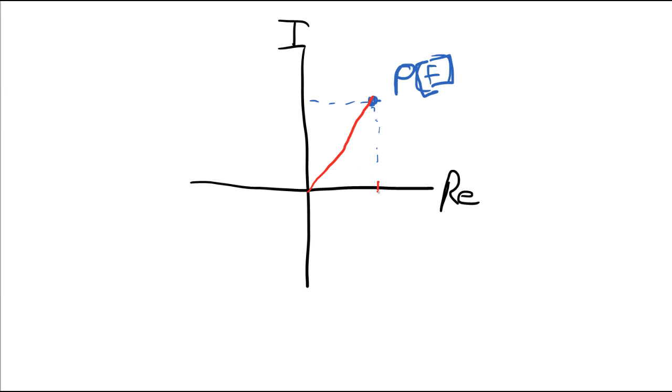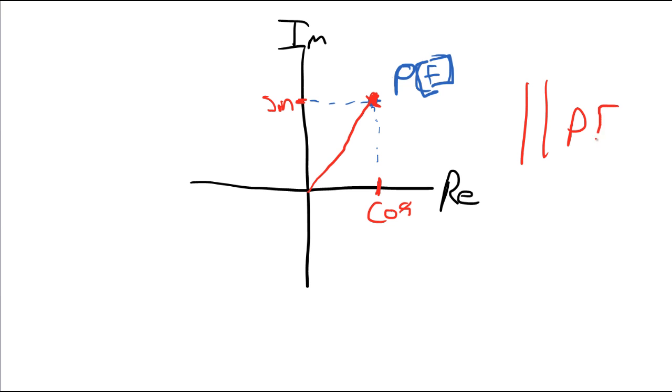Remember, we said this point is how well we're correlated with a cosine wave at that frequency. And here the value is how well we are correlated with a sine wave at that frequency. Well, the first thing we care about is just how well it is correlated in magnitude. So that's just this right here. That is the magnitude